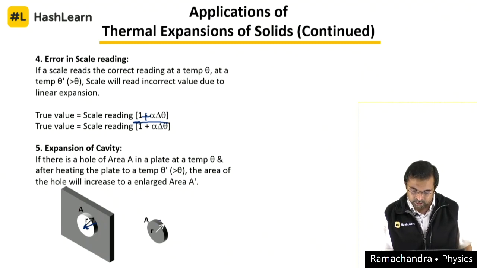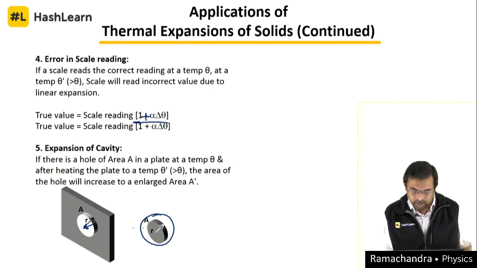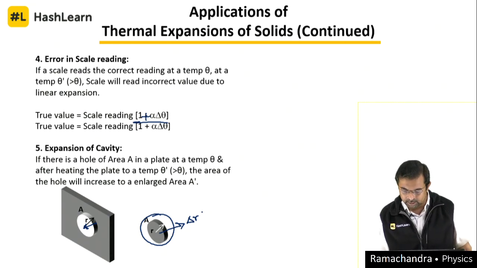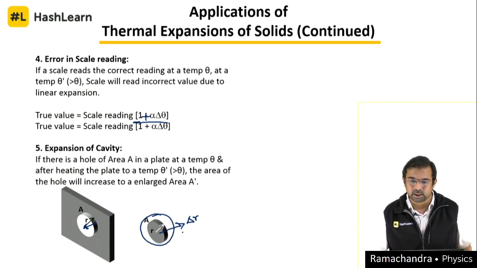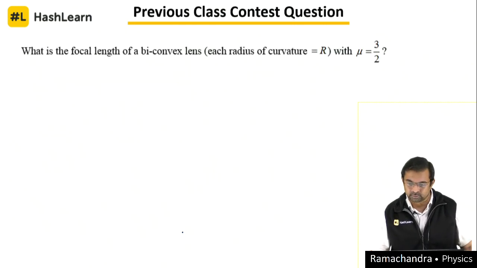If we assume this part of the plate, or the hole, is fixed there, scooped out of that hole and fixed there, we can expect the entire area to increase, and at the same time this also should increase by a delta R if you increase the temperature by delta T. So that is the reason we can say this is a reverse mechanism by which we can explain this one.